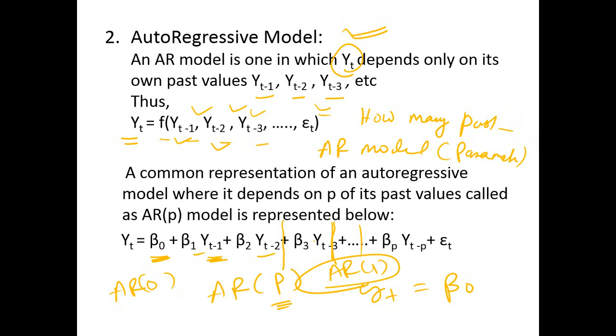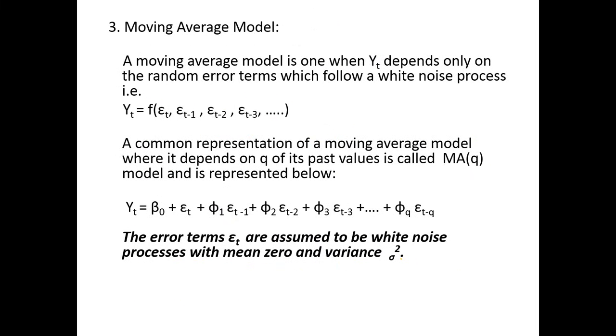Because intuitively you see today's stock price is related to yesterday's stock price and day before yesterday. But before that, it's a long time. That's a long gap. So we don't take after few series. And we'll see how to determine this actual p value. What is the best p value for forecasting, right? So how many number of past values you need to take, that we'll see.